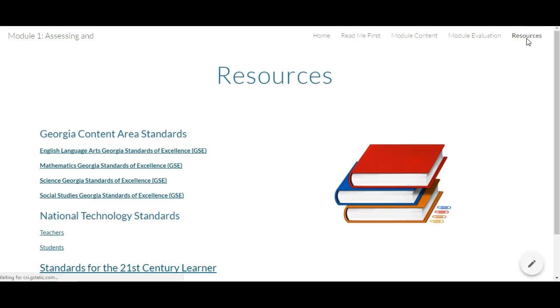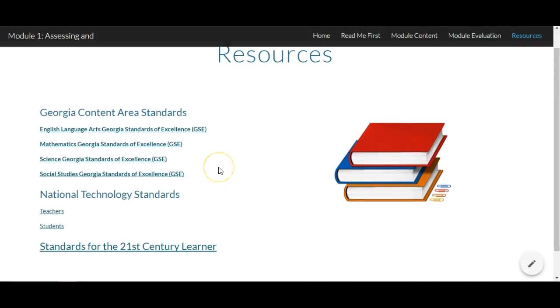There are the Georgia content area standards here, and you can choose any subject area that you want to look at. I would just have some standards in front of you to sort of reference as we're going through the practice, because what we're going to do today is look at a standard, look at an element of it, break it down, look at the different parts of it, and create a student-friendly definition that you could do whole class